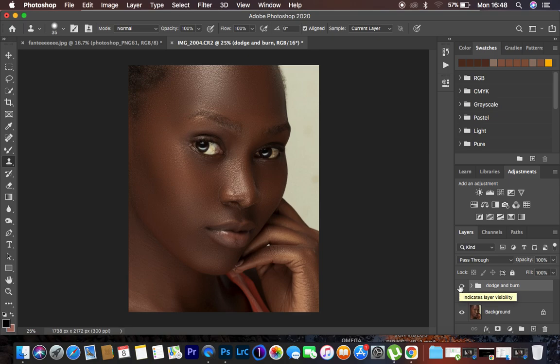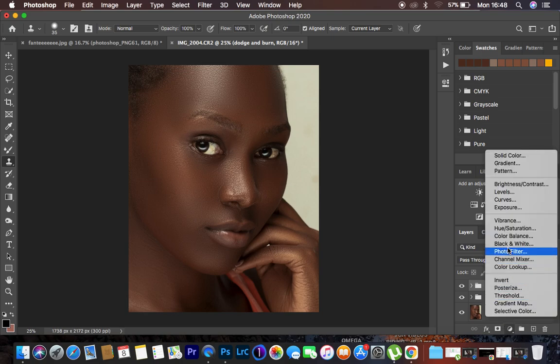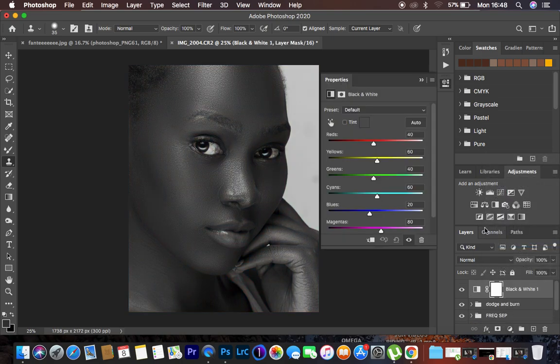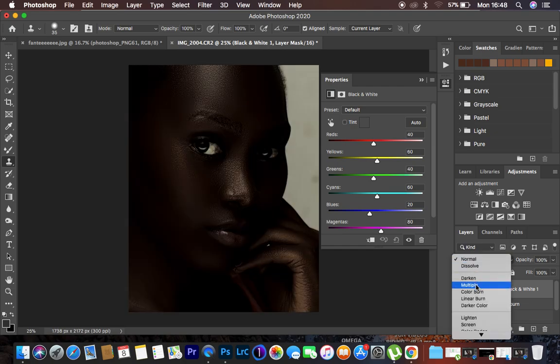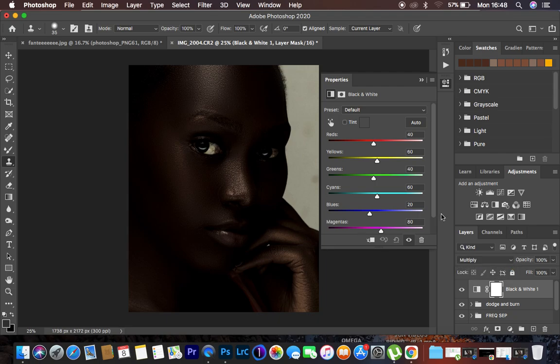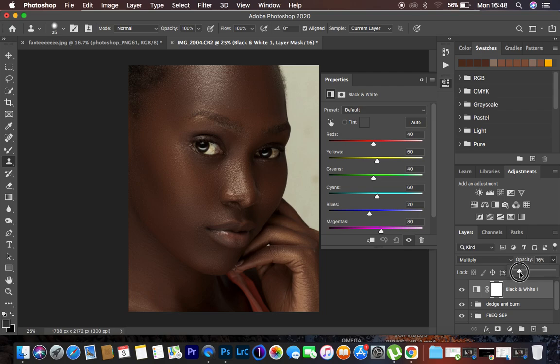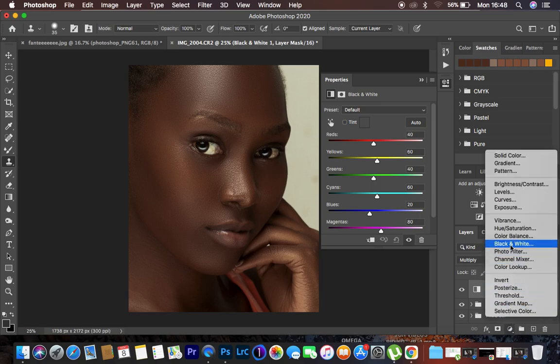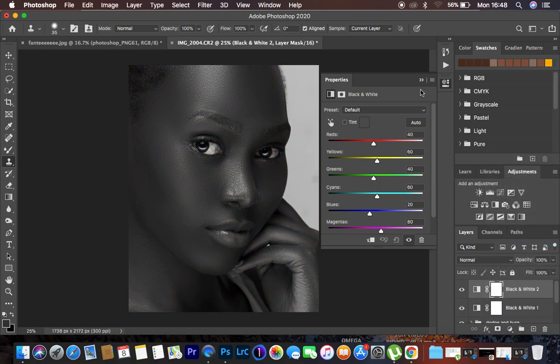So right now I just want to do a little bit of color grading on this image. So I'm just going to come to the black and white adjustment layer, and after I've created that, I'm simply going to come to the blend mode, and I'm just going to select multiply. And the image I know is getting darker. I'm just going to come and reduce on the opacity for that to around 13%,